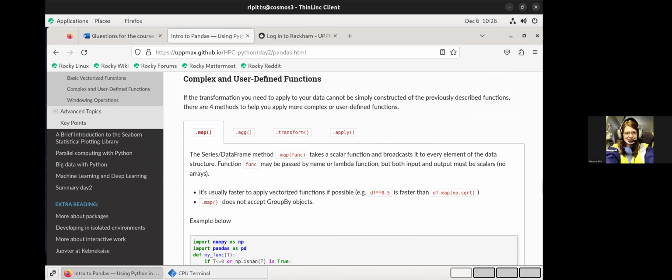All right, complex and user-defined functions. So what do you do if you have lots of different functions that you need to apply, like, I don't know, median, mode, and multiply and all that stuff all at once? Well, ordinarily the best approach is to chain existing vectorized functions as often as possible. But if you can't do that because you have a really funky custom function, then there are four ways